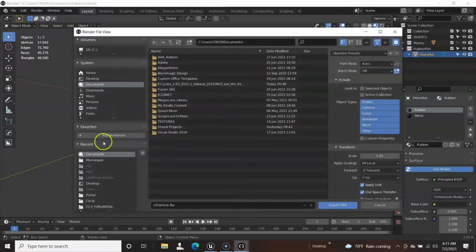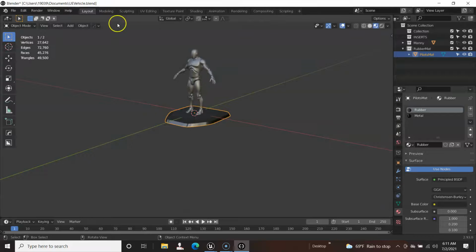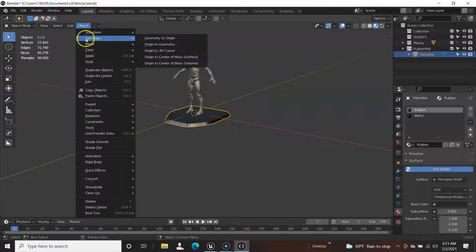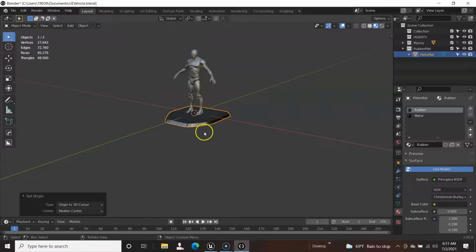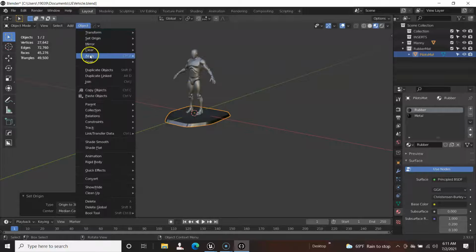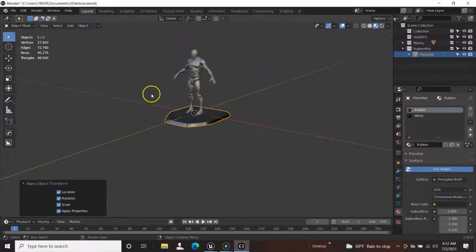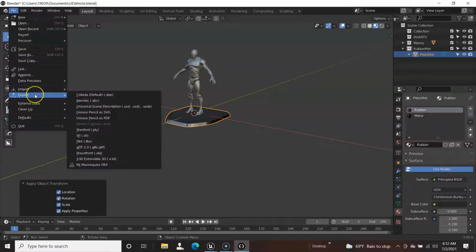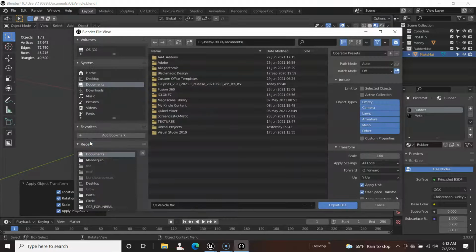export, but I usually have this tick where I'll go back to object and set the origin to 3D cursor, because you want the origin to be at 0,0 for Unreal Engine. Then apply transforms, export, FBX, find your folder, rename it,